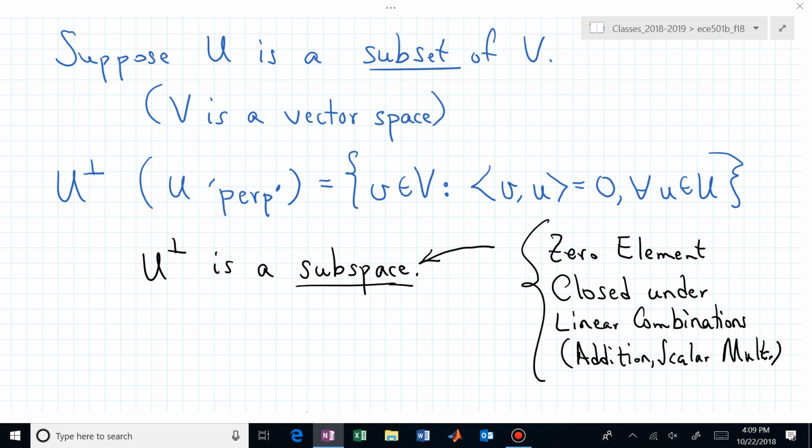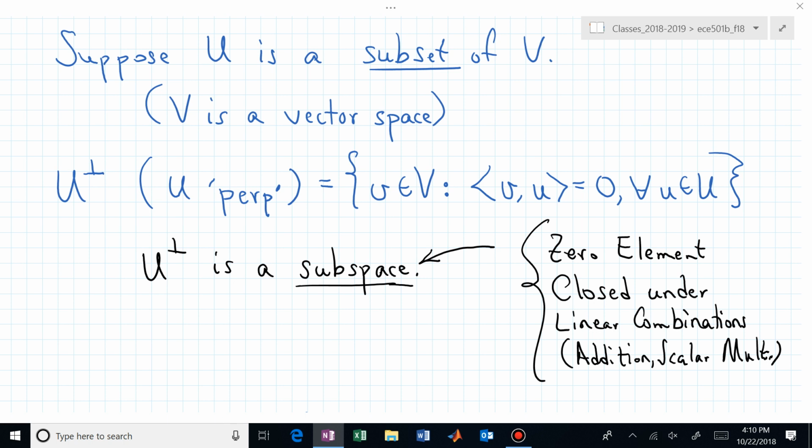One way to think about it, let's say we had the XY plane as capital V. Then let's say a subset U might be the small line segment in the x direction from 0 to 3. That's not the x-axis. That's a subset. But you can find vectors v in the two-dimensional space that are orthogonal to that line segment. Essentially, they're vectors that are in the vertical direction or in the y direction. And those do form a subspace